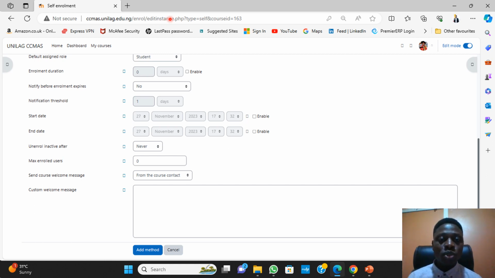You can then click on or press Ctrl C to copy. Once you press Ctrl C, you go and paste it in that table. Once you copy this, you can now click on add method. So when you click on add method,